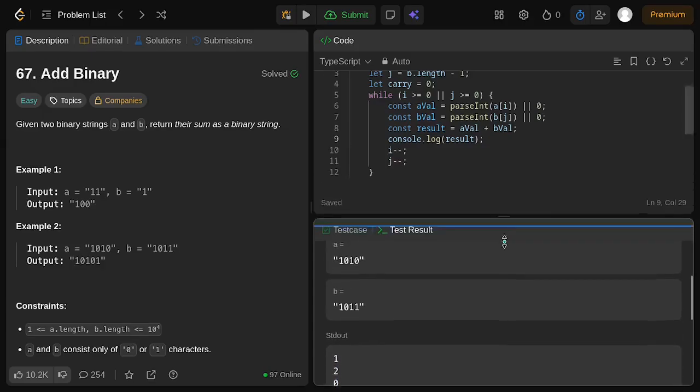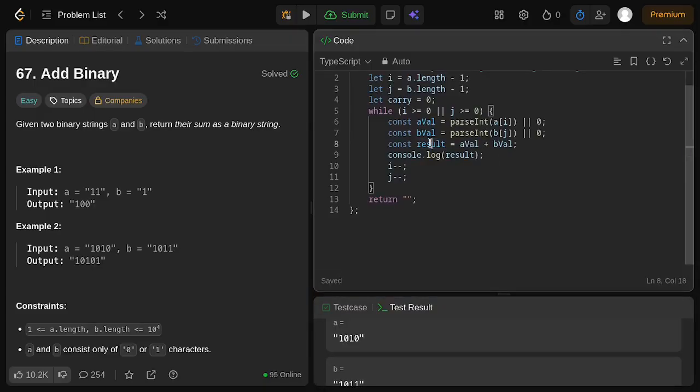Okay, so what about using the next one to calculate if it is returning a carry or not? We can filter out the result variable right here. If it is returning 2, using the carry, which we already declared outside of the while loop, carry equals to the check if the result is equal to... because the result is possible to be, let's say we have 1 and then 1, and we have the carry from the previous iteration, we have 1 right here, so the result should be